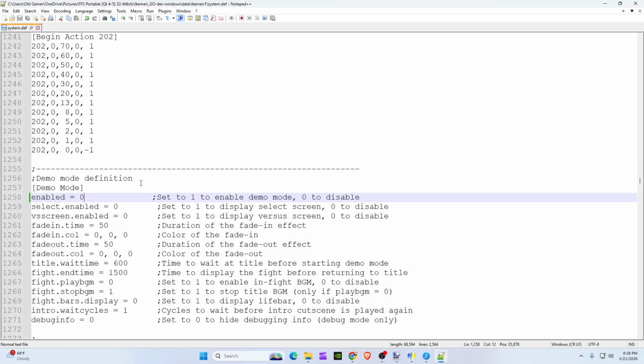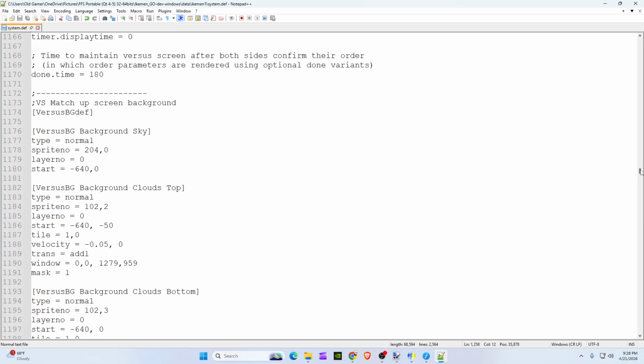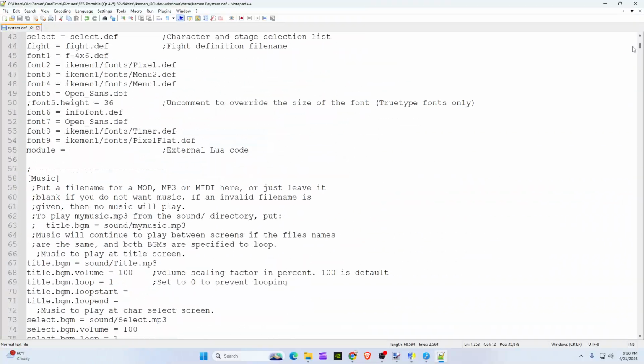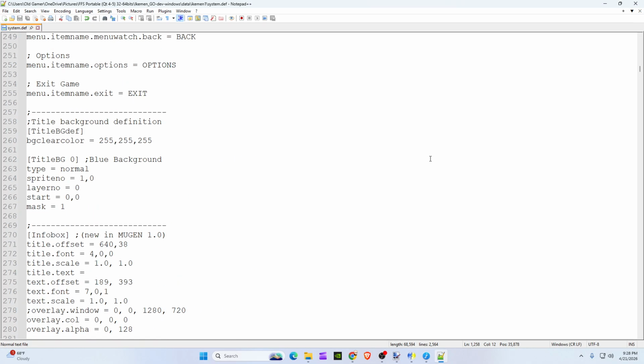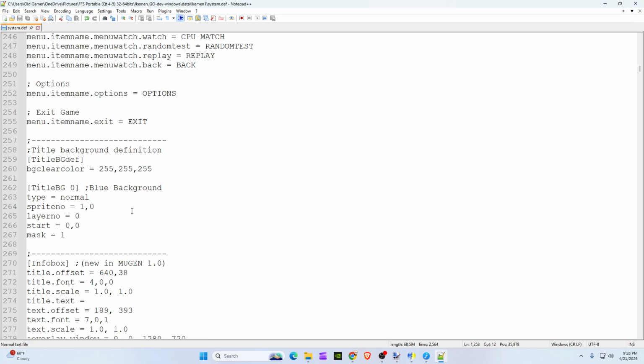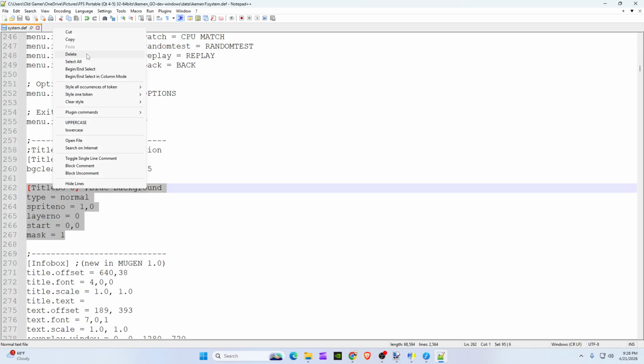And then we're going to go back. We're going to scroll all the way up to our system.dev under menu, backgrounds. There it is. Okay, so what we're going to do is a little bit of a cheat sheet. We're going to highlight this whole thing right here. We're going to go ahead and copy,